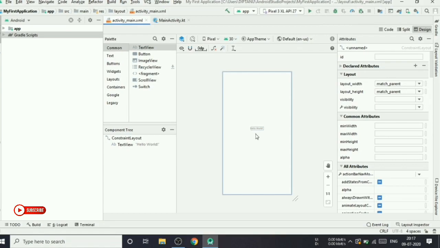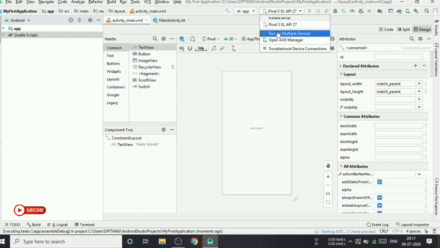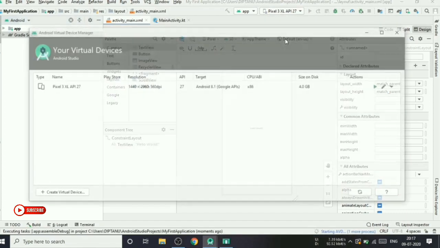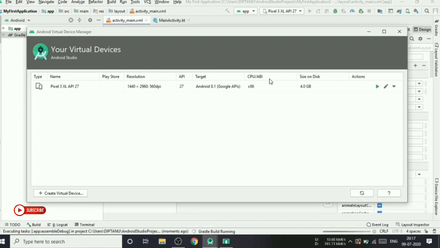Alright, so this is the play option, which means if you are building any Android application, you can just play and run it on a virtual device. So you can simply click on the virtual devices option, like open AVD Manager. If you open AVD Manager,